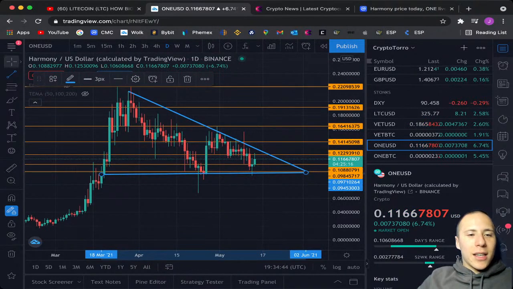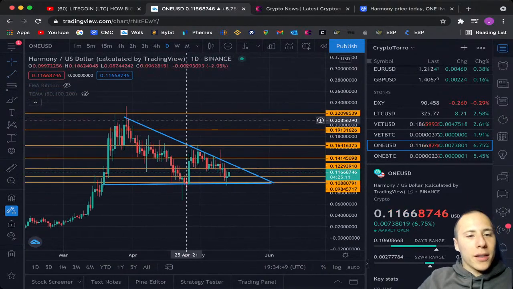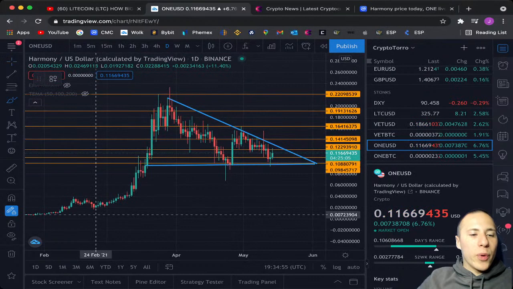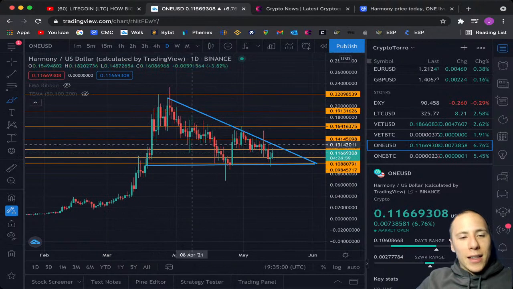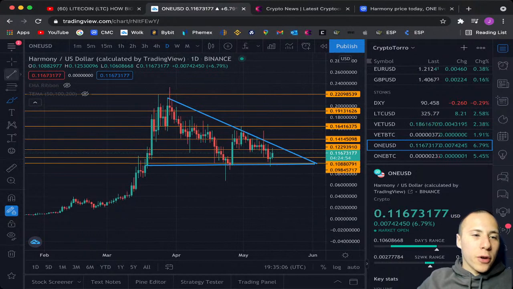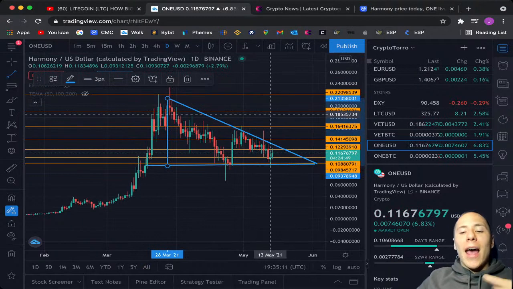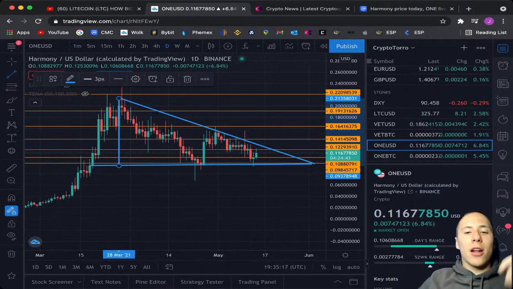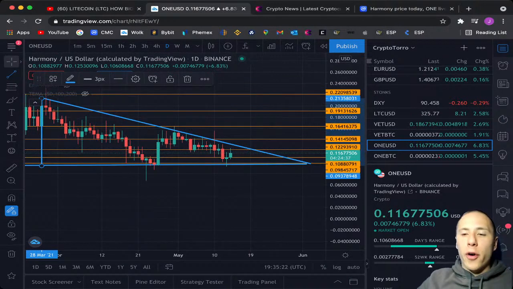And yes, I know I've said this before, but descending triangles are patterns that tend to break out towards the downside. But what we are seeing as well is that an uptrend was the previous trend that we were seeing before this pattern was being created. And this means that this pattern might also be breaking out towards the upside. And I will be measuring for you what the possible price targets would be towards the downside and as well towards the upside for Harmony at this particular moment. And after that, I will be switching to the Harmony compared to Bitcoin chart before going further with another coin.